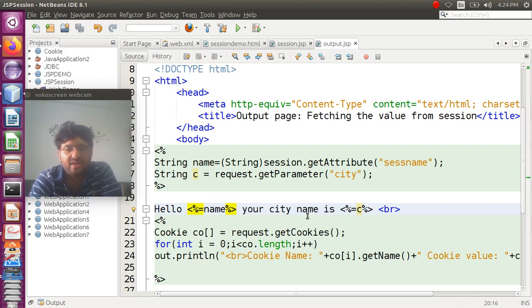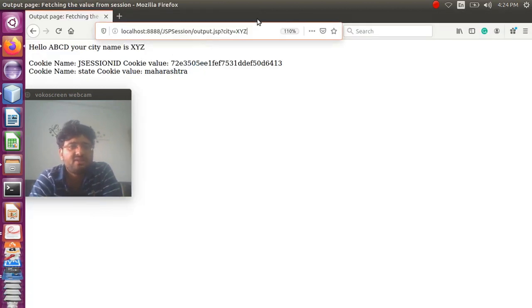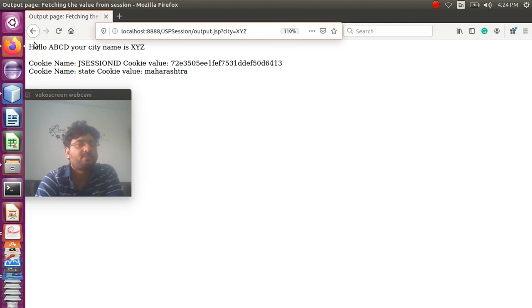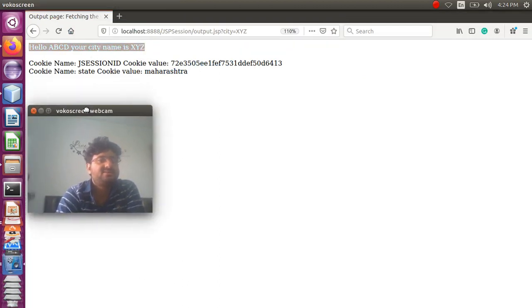Your city name is whatever is stored in C. In the city parameter, what is passed? XYZ is passed. Okay, so XYZ is printed here. So the first line prints: hello ABCD, your city name is XYZ.